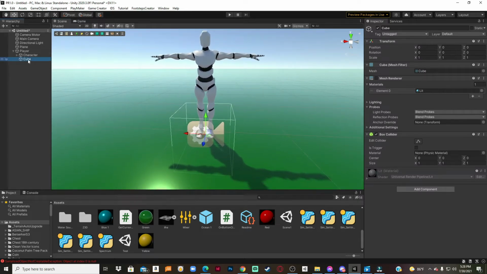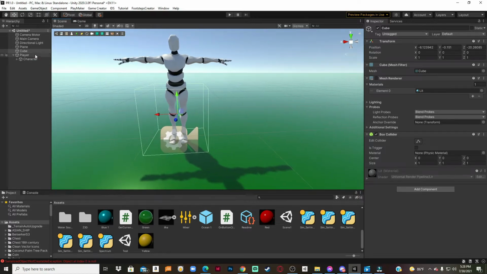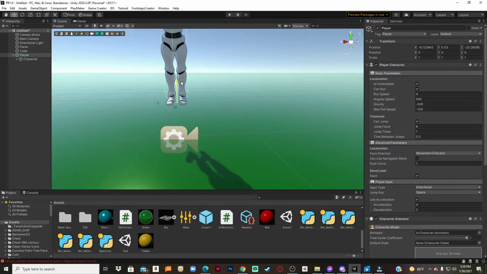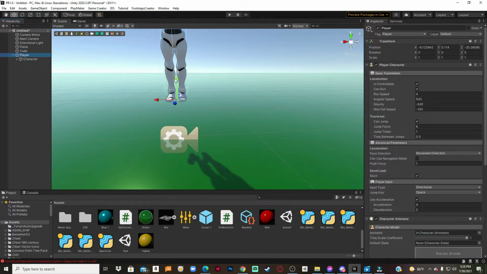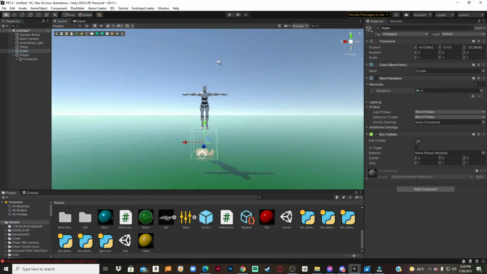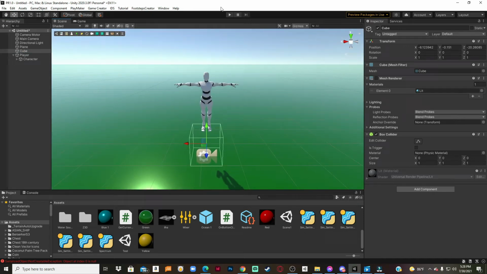And then we take the cube and unparent it, and we'll just move it up in 3D space. We'll also move the player up in 3D space. Let's see, move him up just a little bit more. Yeah, there you go. And then if you were to hit play now,